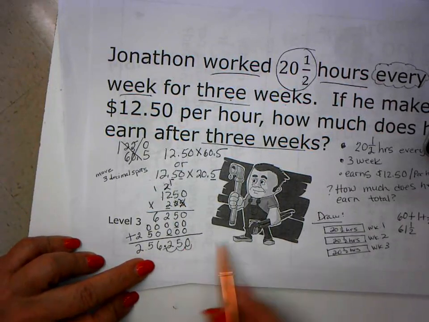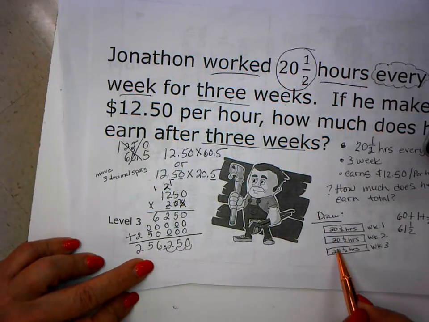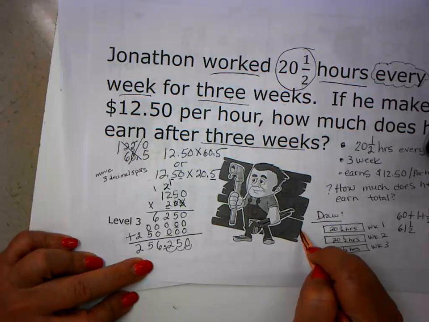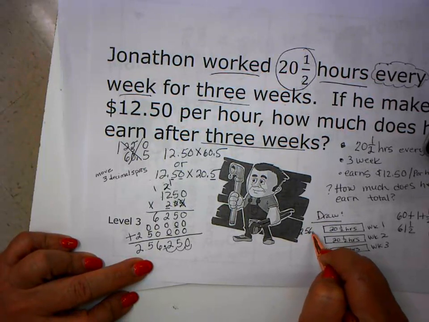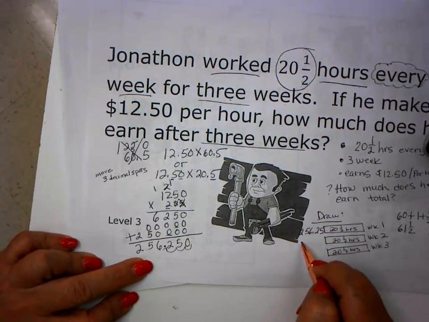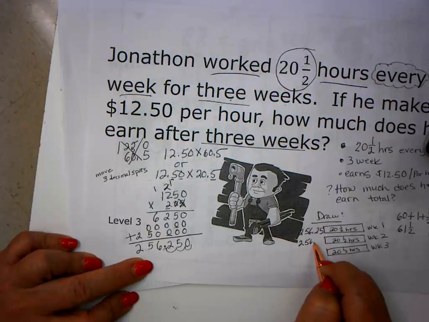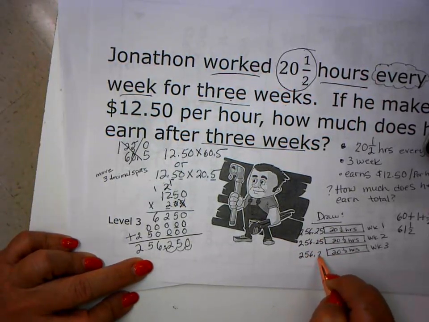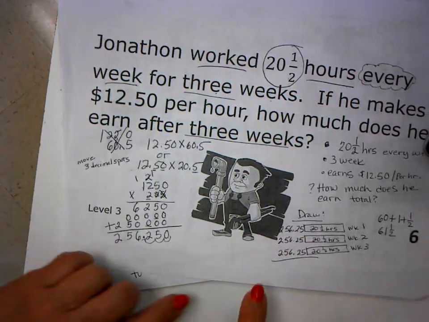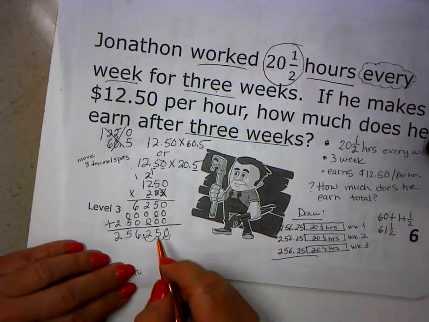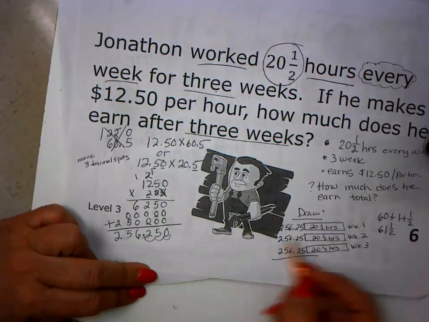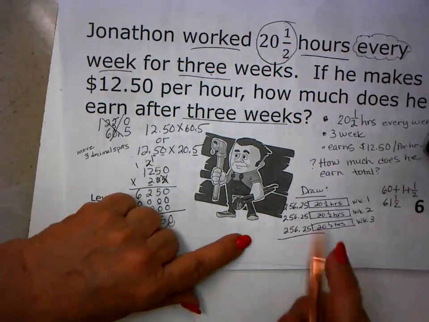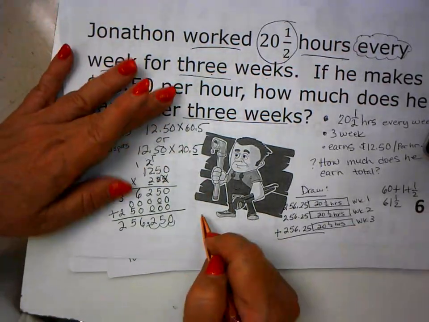So now I have, it's 1, 2, 3. So for this week, he earned 256.25. This next week, 256.25. And this next week, 256.25. I'm going to go ahead and add those up. I can multiply that out by 3. But if you're wanting to add them, you can. I'm just going to multiply